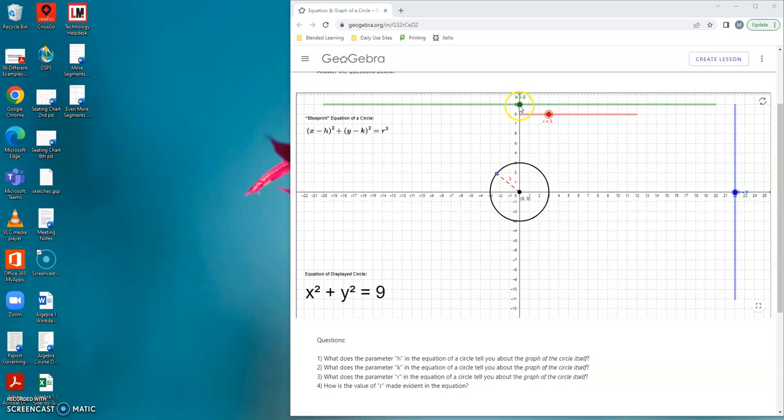Right now, the h and the k are set up as being zeros, and the radius is set up as being 3. So we see that from the center point out is a 3, and then we've got this circle that's centered at 0, 0. So it looks like the h and the k, since those are both set at 0, are giving us the center of the circle, and then this r, radius value, is showing up on the other side of the circle,